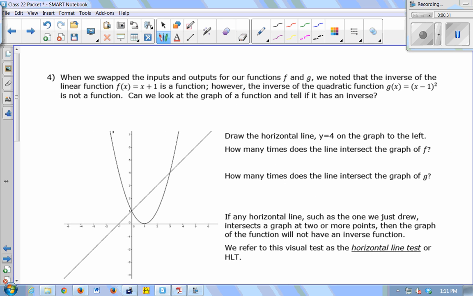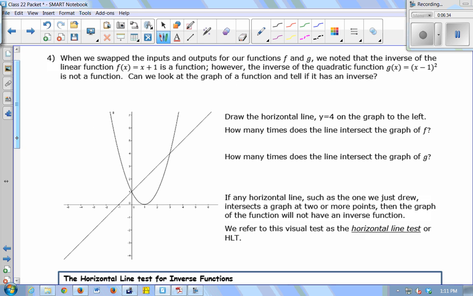All right, so when we swapped the inputs and the outputs for our functions f and g, we noted that the inverse of the linear function is a function, but the inverse of the quadratic function is not a function. So can we look at the graph of a function and tell if it has an inverse? We actually talked about this last class, right? So yes, we can. If you draw a horizontal line at the line y = 4, which is right here,